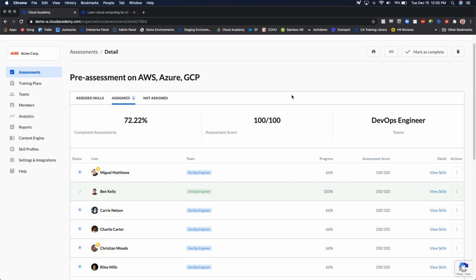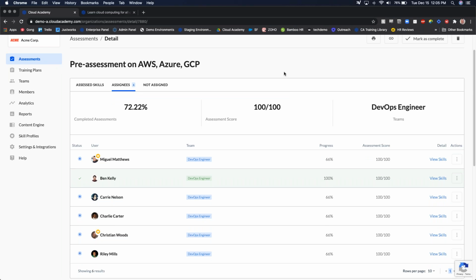However, another incredibly powerful part of the assessment is that both administrators and team managers will have access to the individual assessment scores. So although it's wishful thinking that everybody will get a perfect 100 on these assessments, truly what we're concerned about here is going to be those outliers. Somebody that scored on the lower end might need a little bit more foundational or fundamental work, whereas someone that got 100 might be ready to jump right into something more advanced.